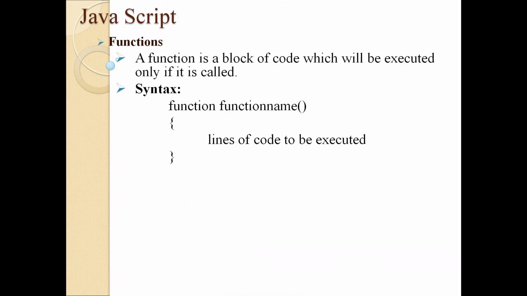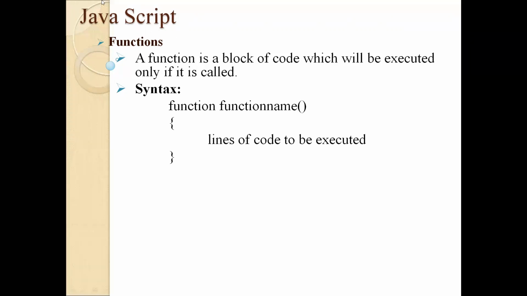This is the syntax of declaring a function in JavaScript. We have already worked with several examples in the previous sessions. We have defined functions and called them, but I didn't cover the theory part. In JavaScript, if we want to define a function, we use the function keyword followed by the name of the function. Within the parentheses, if we want parameters, we can have them. Then the next part of the function is the body of the function.